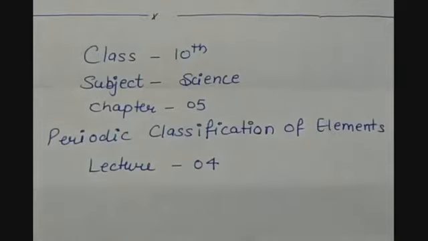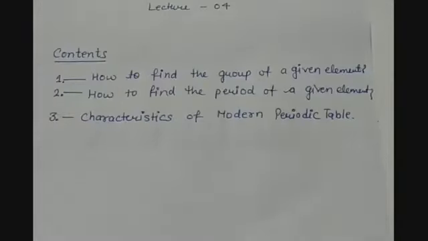This video is for class 10 subject science chapter number 5, that is periodic classification of elements, and this is lecture number 4. In the previous lecture, that means lecture number 3, we have studied about the outlines of modern periodic table, that how modern periodic table came into light and how it removed all the defects that were there in the Mendeleev's periodic table. So today's lecture is dedicated to the position of the elements in the periodic table and the characteristics